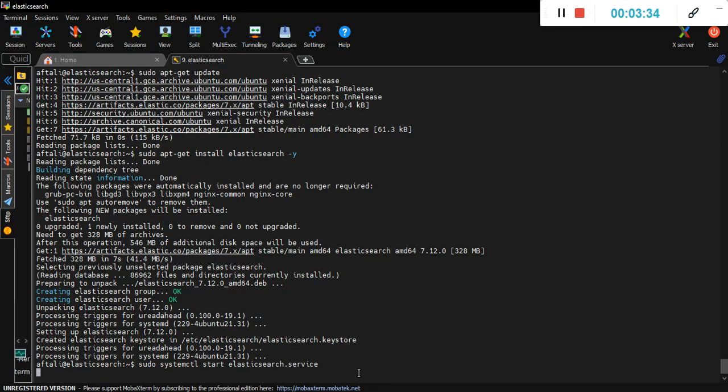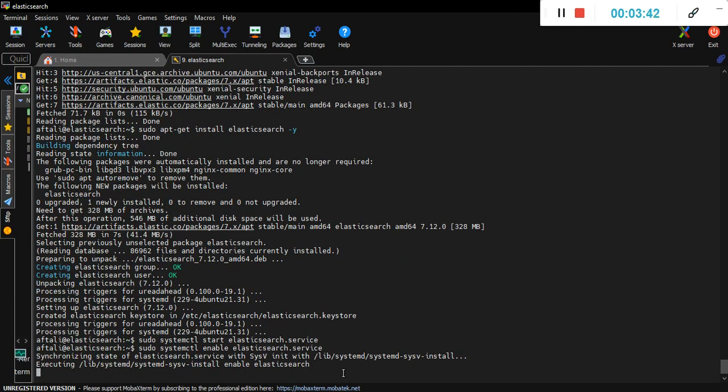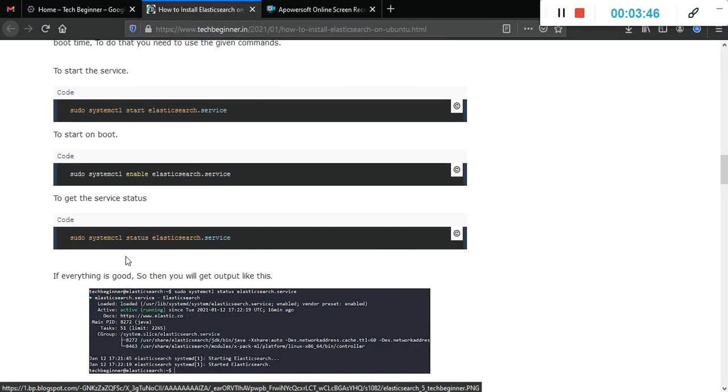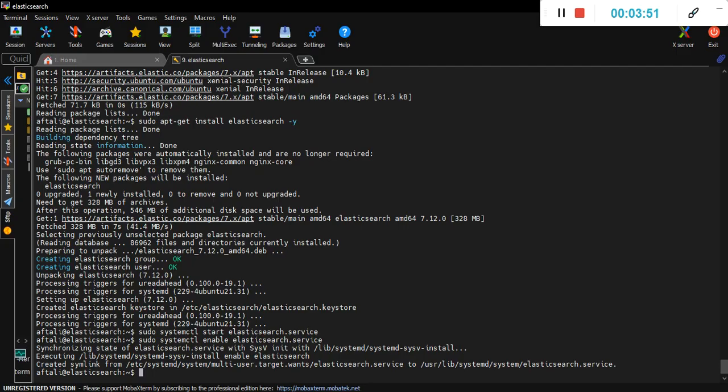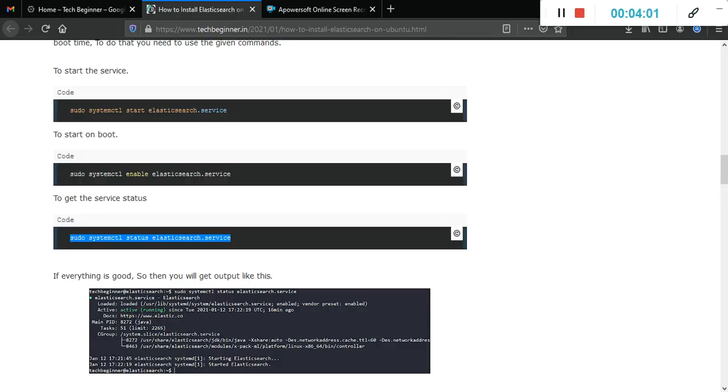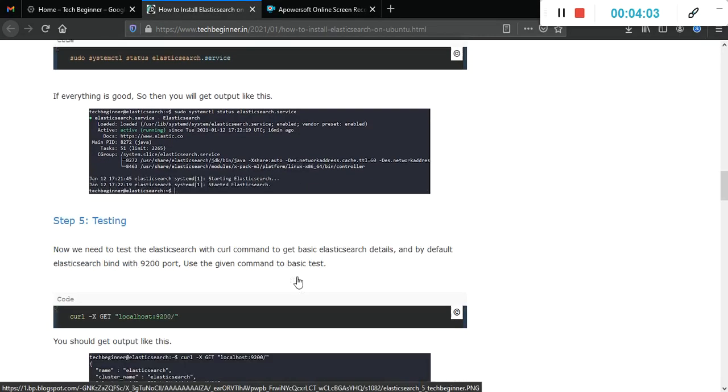And make sure your system has 4 GB memory with a 2-core processor to operate the Elasticsearch service. And after that we need to see the Elasticsearch service status by using the systemctl command. So we can see that the service is running and it is enabled on boot. Press Q to exit this output and go to the next step.